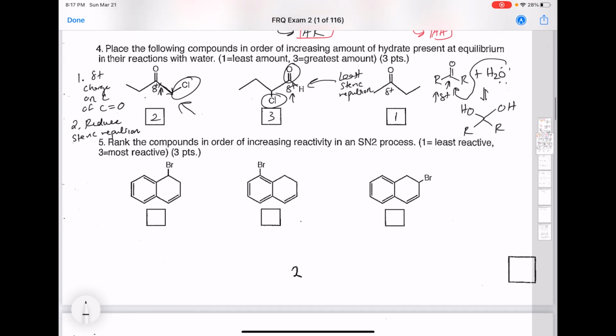For question 5, we are given a set of compounds and we're asked to rank these in order of increasing reactivity in an SN2 process. Now, SN2 reactions, what is special about them? They are concerted reactions, or one-step reactions. So backside attack, it all occurs in one step. And if you look at the transition state, the requirement in terms of the geometry of the site that's being attacked by a nucleophile for an SN2